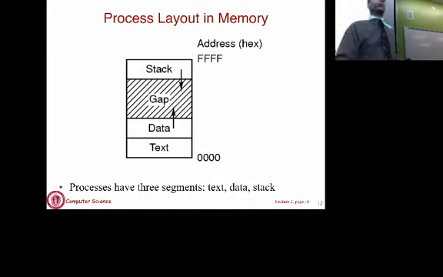Yes, there's a question there. The question is whether the heap memory is protected with the base and limit register. What we are going to do is treat the entire process as one blob, and we'll put the base register here at the beginning and the limit register at the top. So everything is protected by one base and one limit. You don't need a separate base for each segment, although there are schemes that will do that as well. But for now, given what we have learned, assume that there is one base and one limit for the entire process, not for the individual segments.